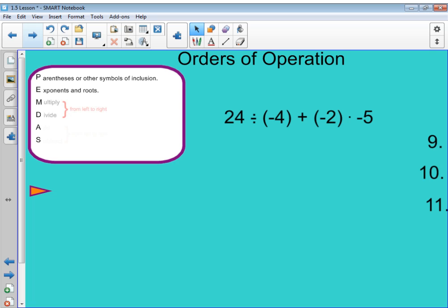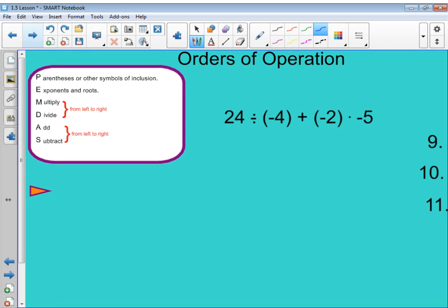The MD of PEMDAS is multiply and divide, and we always work that left to right. And then the AS of PEMDAS is add and subtract, and that is also from left to right. So some of you need that little checklist, and some of you don't. So if you need that, then you might have to write the word PEMDAS down and just check off as